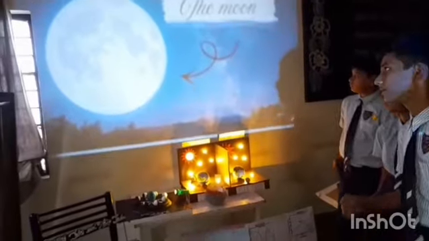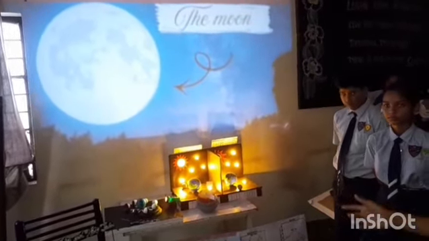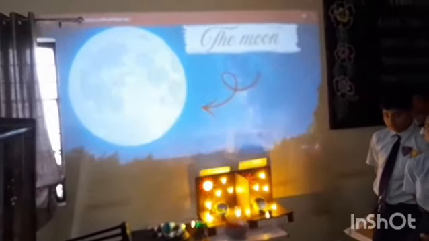So let us start with the moon. The moon is Earth's only natural satellite, a large rocky body that orbits our planet and shines by reflecting sunlight. And its gravitational pull is strong enough to pull on the Earth's ocean, which causes tides. We see it as a round disk, but it also appears in different shapes like crescent, and a full moon